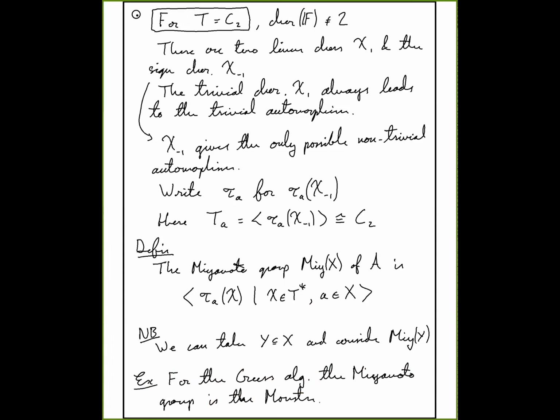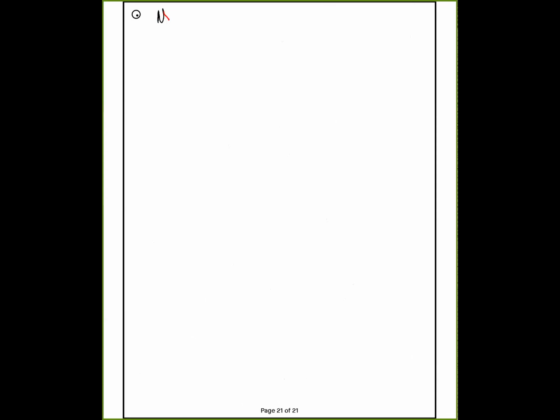So we have indeed sort of axiomatized this setup where we recover our motivating example. I'm also going to make one other note here. So note that in the monster, or in the Griess algebra,